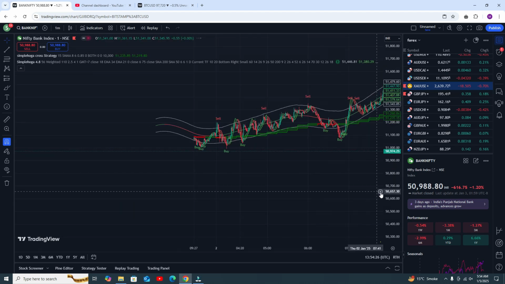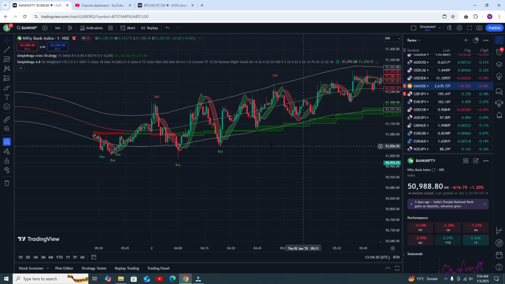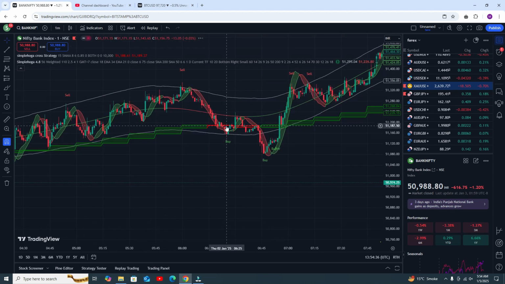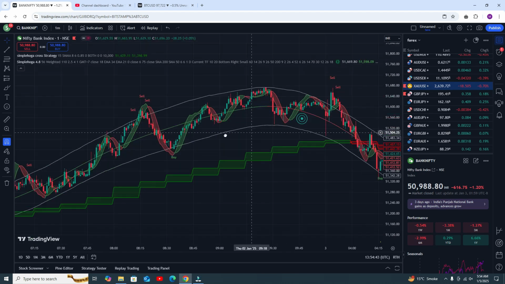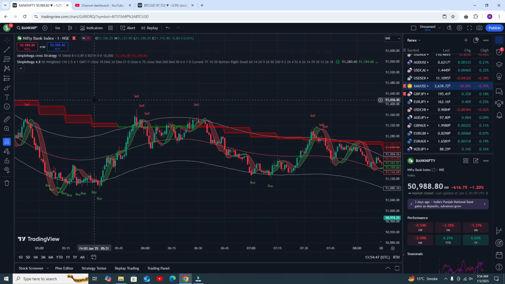Why? Because, let me show you. Green one, go for the buy trade. Okay, and red one, you need to follow the sell signal. But here you can see green, go for the buy trade. Okay, and red one, now follow the sell signal. Oh no, this one is a buy one.